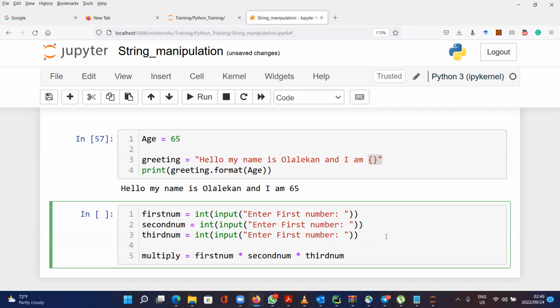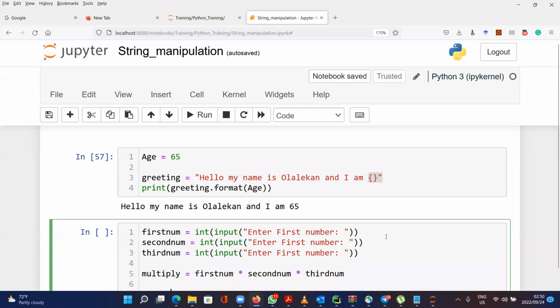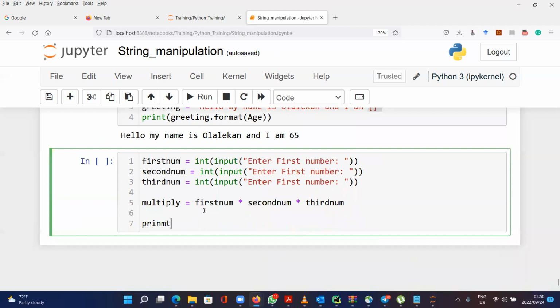That's the value of multiply. Now, I wanted to print the value. I wanted to print and say